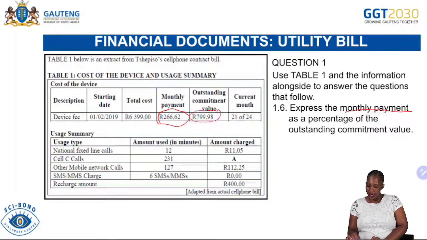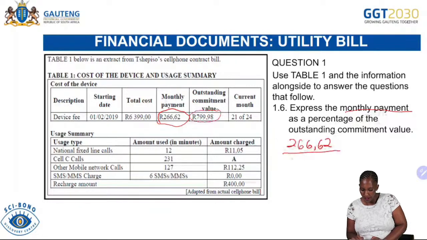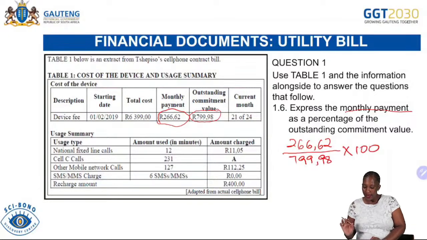They say express the monthly payment as a percentage of the outstanding value. So now the monthly payment, it is 266 rand 62 over the commitment value 799 rand 98. We multiply it by 100 because they said as a percentage, and then we say